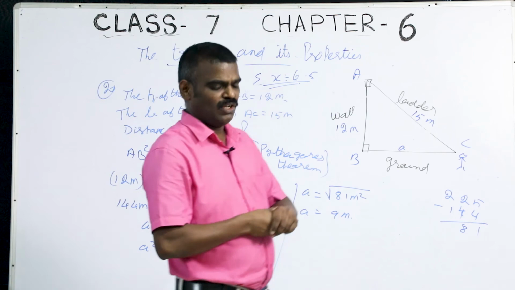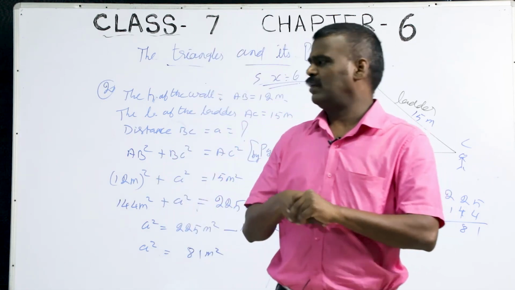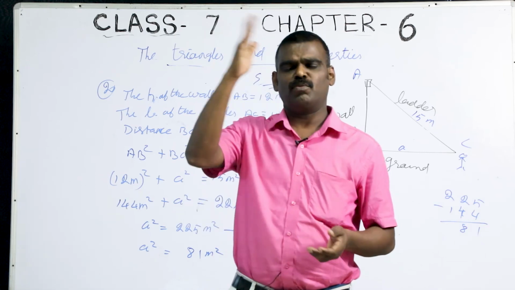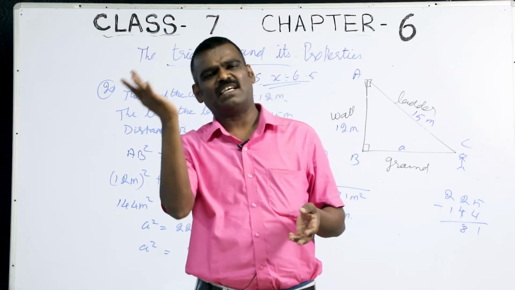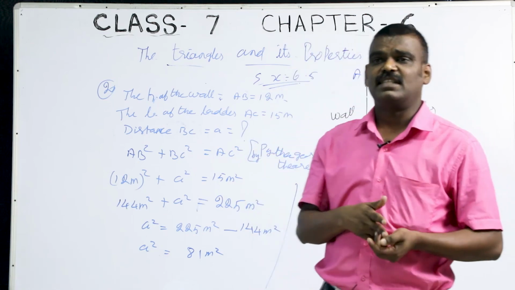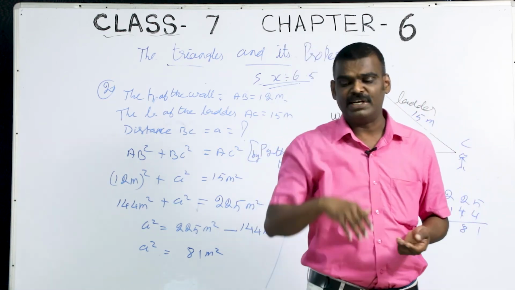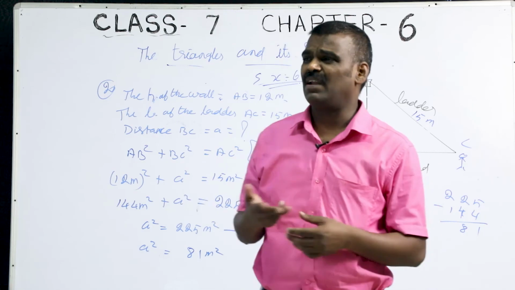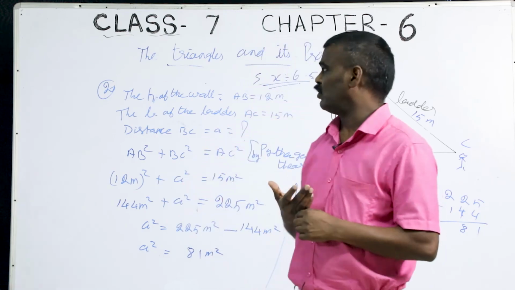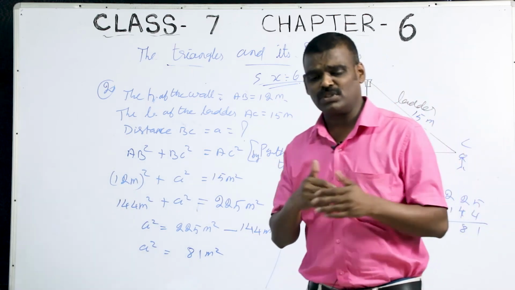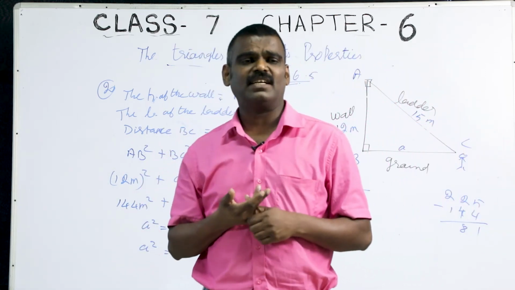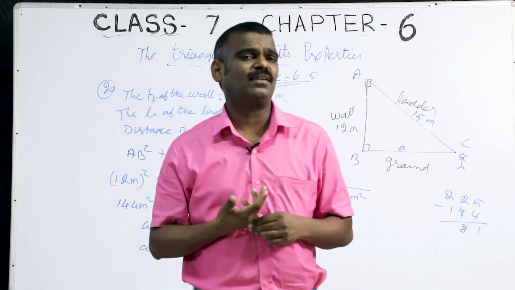Children, we have learned a lot of points today regarding triangles. How many sides are there? What is the angle? What is altitude? Yes or no? Then what is vertex? Then we have also learned what is median. Yes or no? Also we have learned different types of triangles. Yes or no? Also the sum of any two sides of a triangle is always greater than which one? That side.